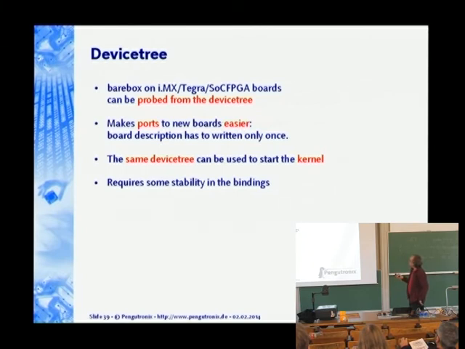The same device tree can be used to start the kernel, so you can just hand that over from the bootloader to the kernel. Works more or less automatically. There are other nice features in barebox, for example, that you can runtime patch the device tree. We sometimes have the case that there are variants of the board, let's say with 512 megabytes of RAM or with 1 gigabyte of RAM, and if you can't auto-detect that, but you know it, you can just write a little runtime patch for the device tree and put that into barebox. Then it loads the device tree, changes that entry to what you already know, and then hands it off to the kernel and starts.